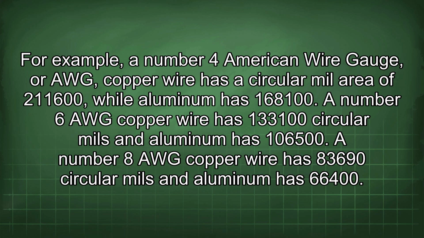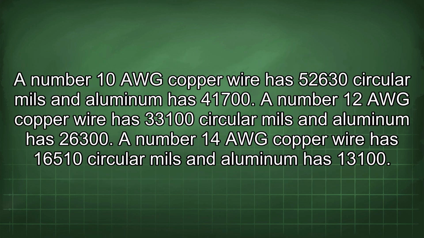168,100. A number 6 AWG copper wire has 133,100 circular mils and aluminum has 106,500. A number 8 AWG copper wire has 83,690 circular mils and aluminum has 66,400. A number 10 AWG copper wire has 52,630 circular mils and aluminum has 41,700. A number 12 AWG copper wire has 33,100 circular mils and aluminum has